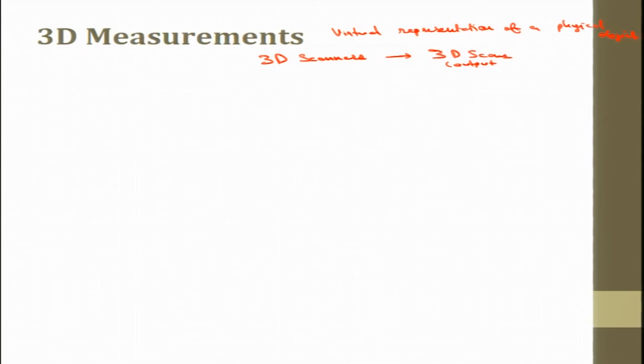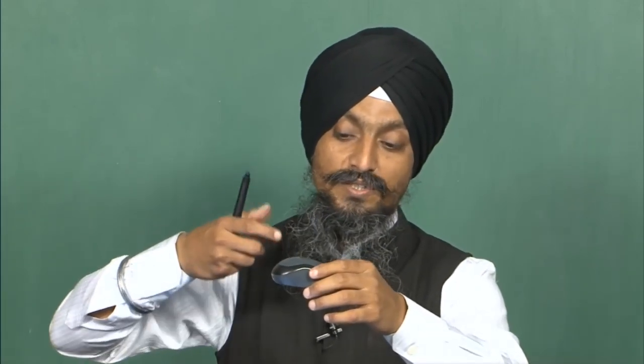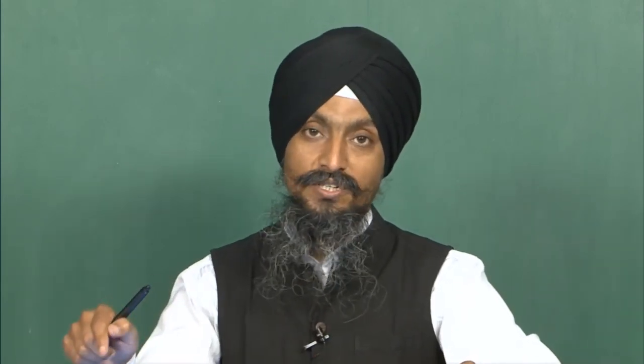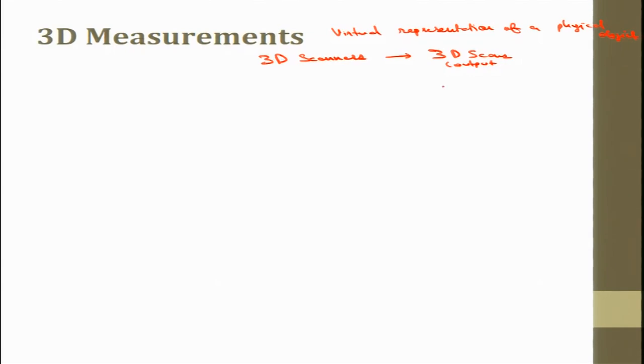Portable 3D scanners can be held in hand, and for instance, if I like to scan this object, I can scan it from one view, second view and third view. That is front view, side view, top view. Any view I can take. I just need to make sure that the angle at which I am scanning is also recorded in the software, so I am giving the same input to the software. So, the outputs are known as 3D scans.